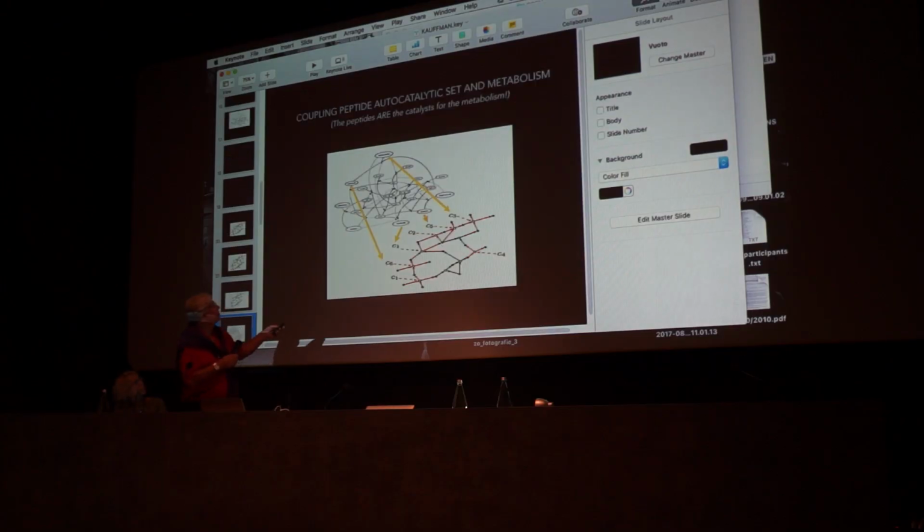So here it is. Here's my collectively autocatalytic set. And I've drawn four yellow arrows here to show that the peptides in the collectively autocatalytic set